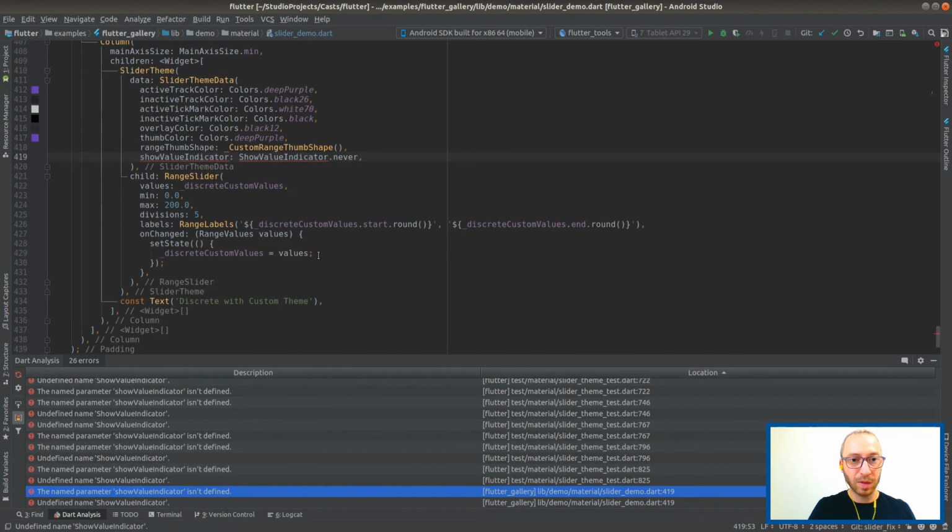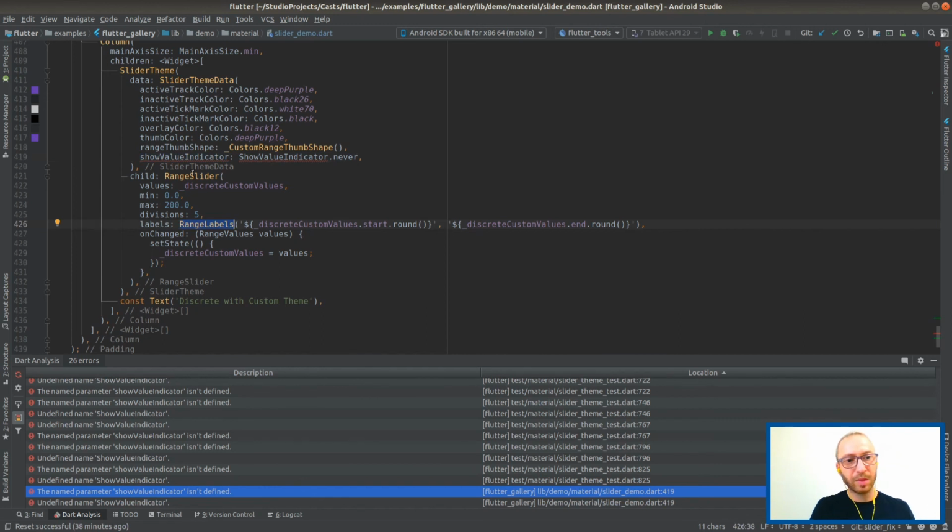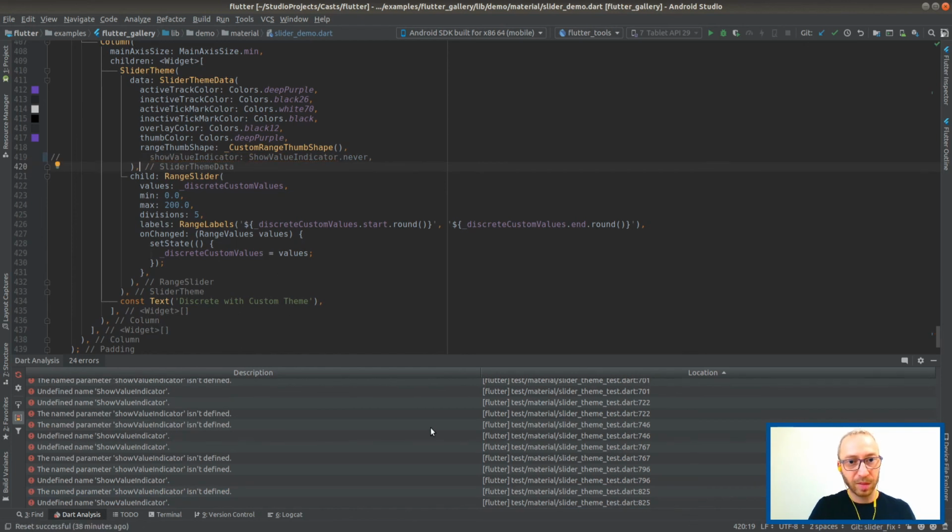If you don't want to see the value indicator, then you just won't set up the range labels. That's weird. Why would that be a thing? I mean, if you're setting range labels, then don't set them. I'm probably missing stuff about the range labels. I'm just gonna comment it out as opposed to just deleting it because I have a bad feeling about range labels.